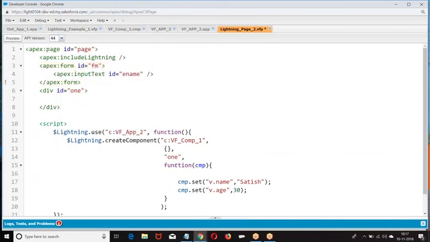So how can I read it? When you say scripting, where value equal to component dot. We can pass the values here. So how can I pass it? I can give it like name equal to document dot getElementById. You can use regular general JavaScript functionality: document.getElementById, page, form, ID, read the value. We can pass the values. Not only passing the value, if you want to perform any other operation, we can do it.